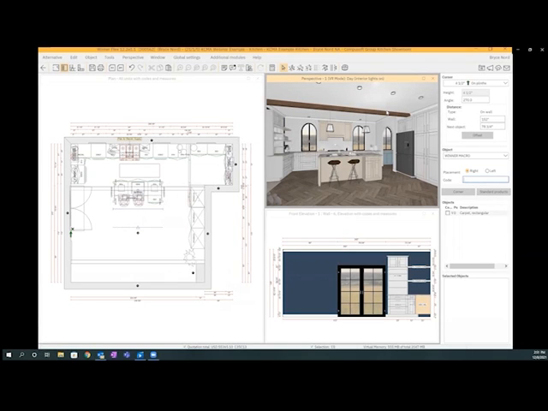So let's say you have the quote where you want it to be. The customer is happy with it, and you want to present this out to them rather than them walking out of the showroom with just a printed piece of paper and a quote in an L shape with basic cabinets in it. We can present out a Showcase 360, which is going to include all of the documents and details for this project. So if I go into the back office here, this is what a designer would see